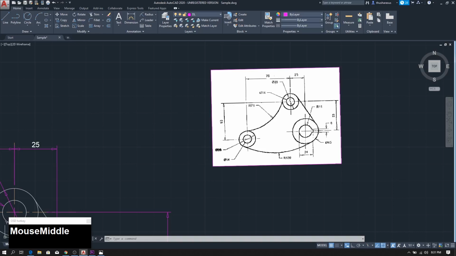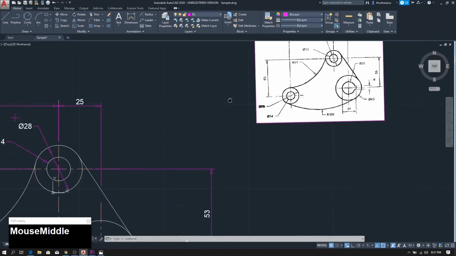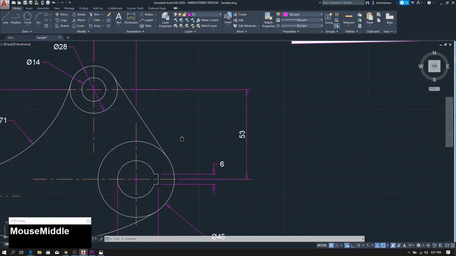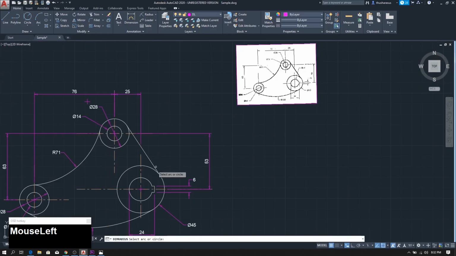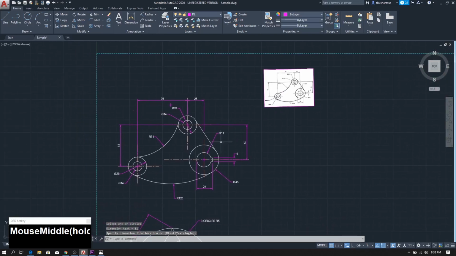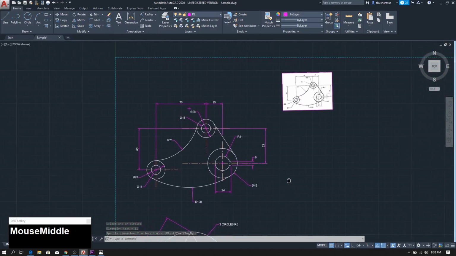Here we have another dimension on this small circle. To draw that, go to radius. That will be this circle. Okay, R11. Yeah, that's the way to draw this,